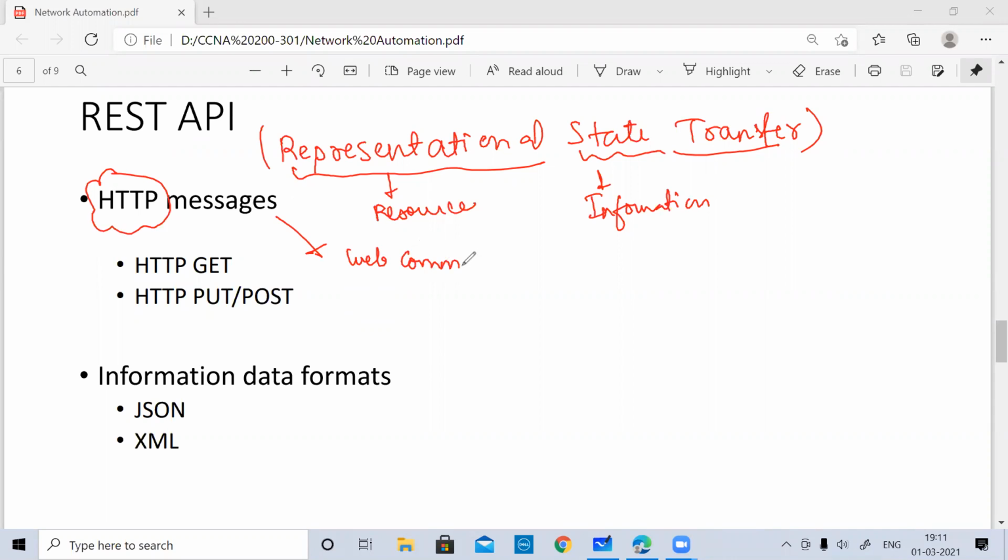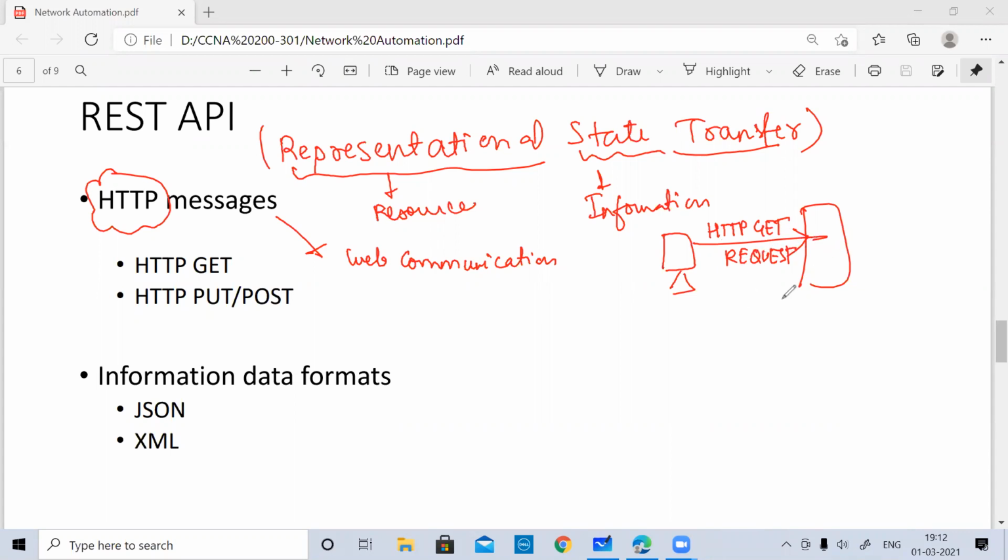When you want to access a web page, you make use of HTTP. You as a client are using a web server, and you put in a request that you want to access a specific page. So you send an HTTP GET request message, requesting the web page which you want.